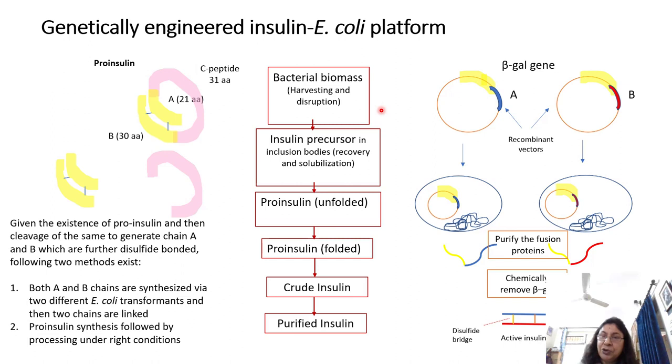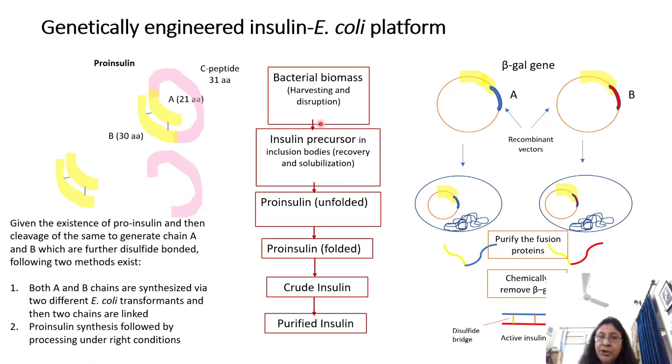Okay. However, in this particular case, the strategy which is followed is that you are going to overproduce this proinsulin inside the bacterial cytoplasm. Now, many a times when you overproduce such proteins in a bacterium, it doesn't remain in the solubilized form, but rather it aggregates together because the cell is not capable of handling such large amounts of protein and folding them properly. So these proteins are going to aggregate together into what is called an inclusion body. Okay, so you are quite aware that this bacterial cell in the cytoplasm has inclusion bodies.